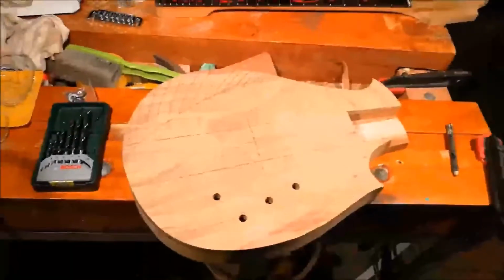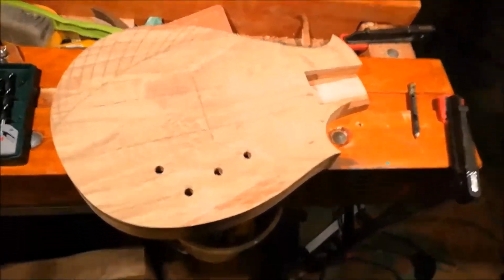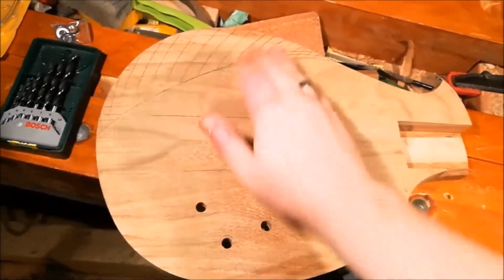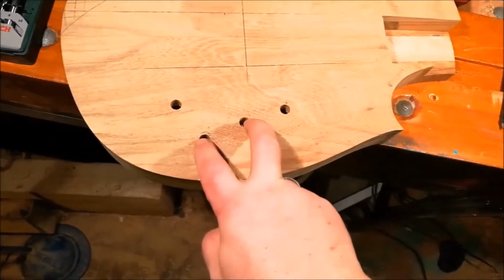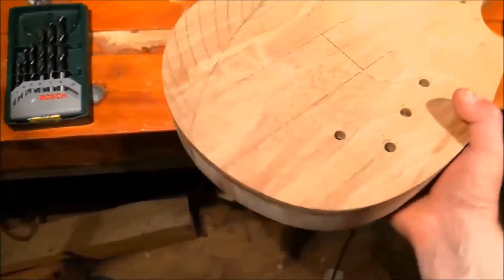So I'm doing a fair bit of planning around the shaping and the contouring of the body. The arm bevel there is going to be quite an extreme bevel. I'll show you more about that shortly. But just for now, I've drilled the holes, one there for the toggle switch. I'll have 2 volume controls and 1 tone control. And as I said earlier,